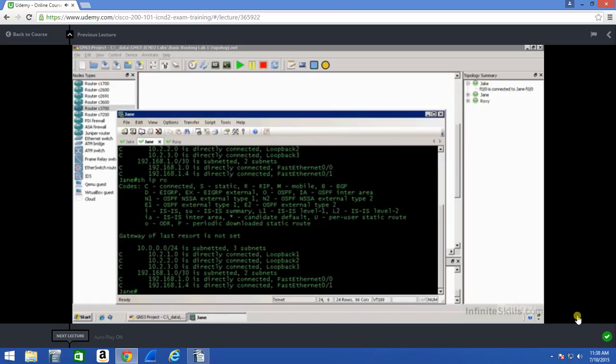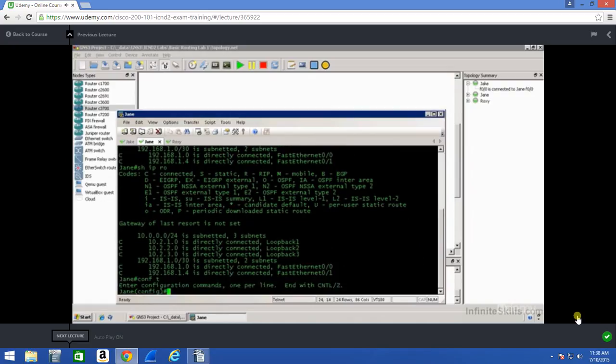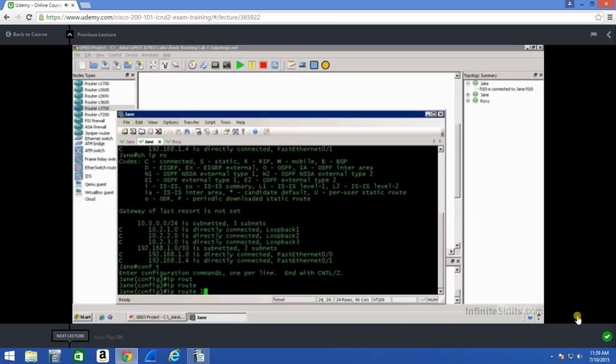It's still all directly connected routes. So now what we're going to do is config t, and we're going to enter pretty much the same command over here on Jane that we did over on Jake. So we'll do IP route